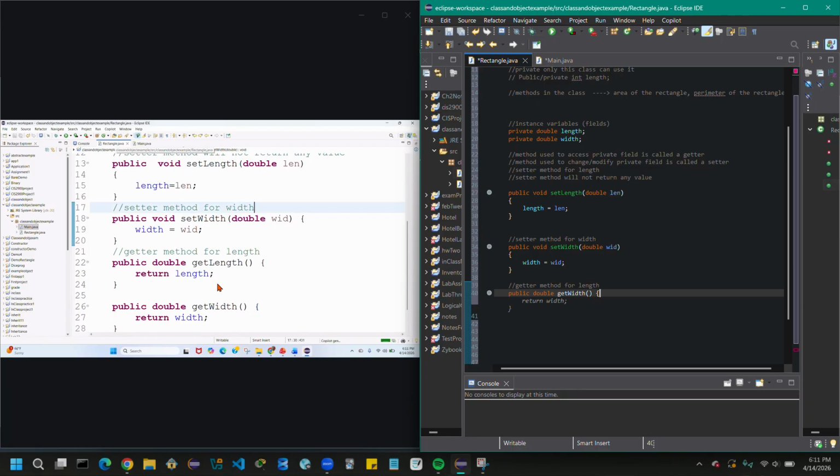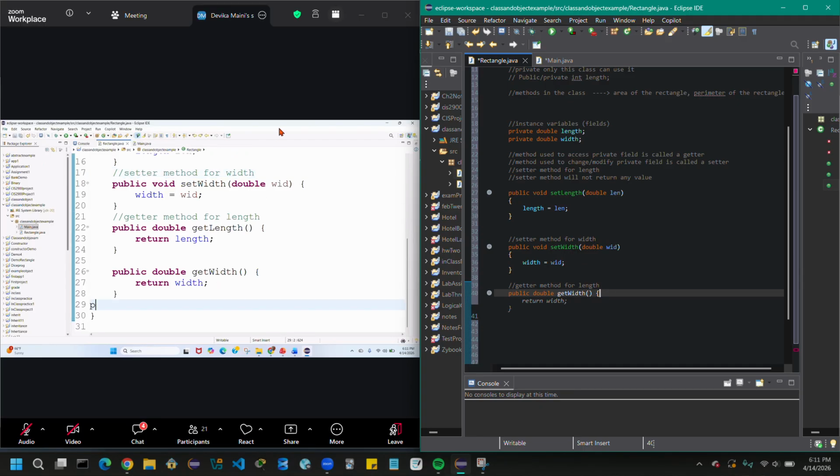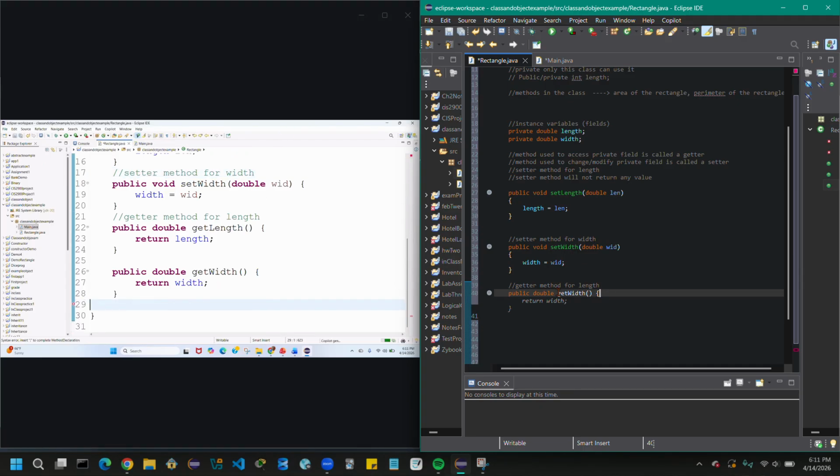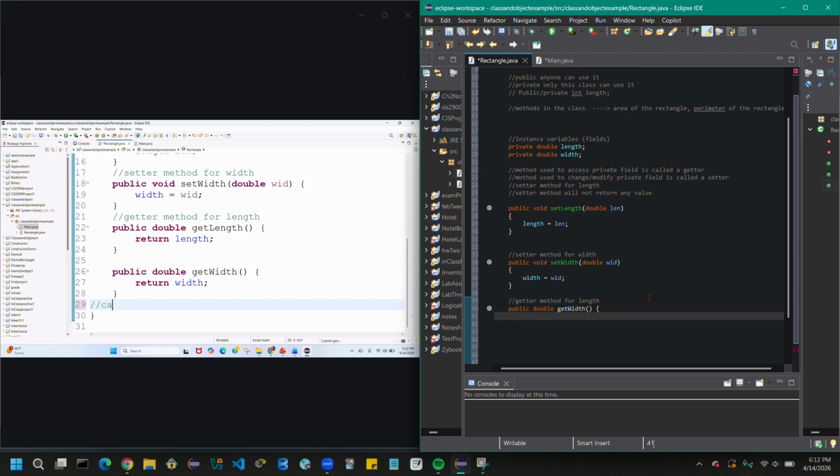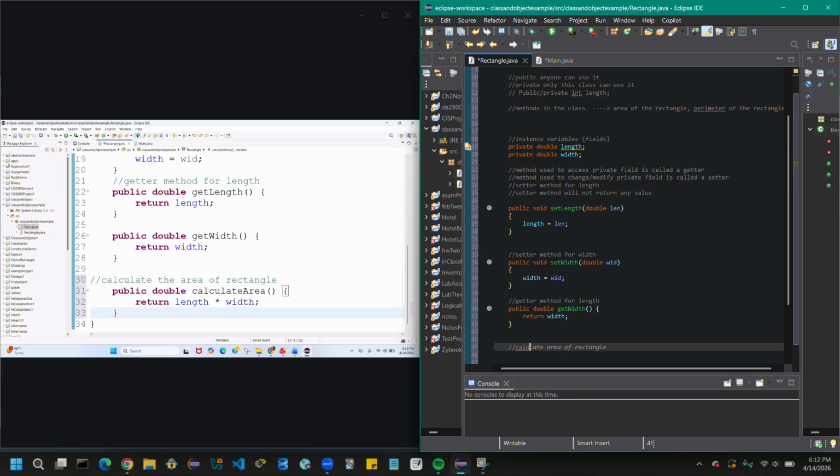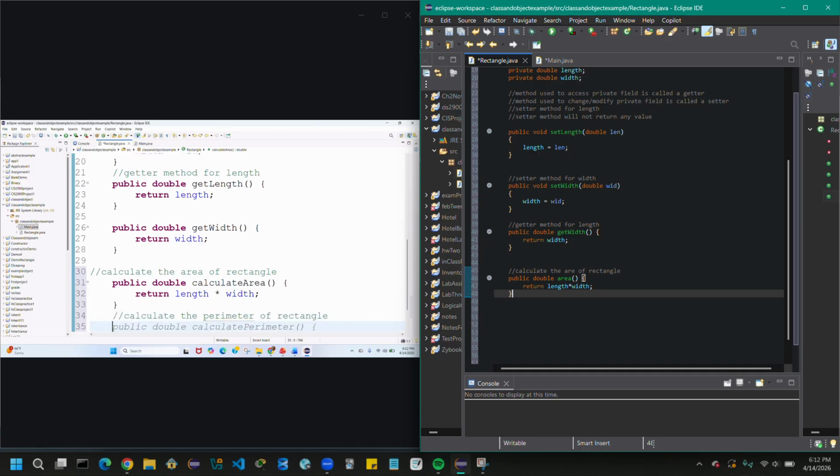Next step is to calculate the area of the rectangle.